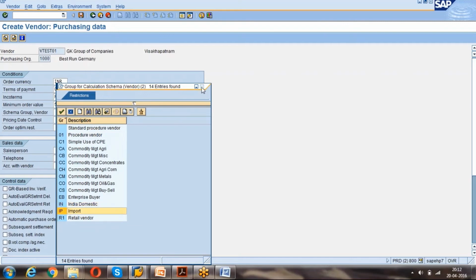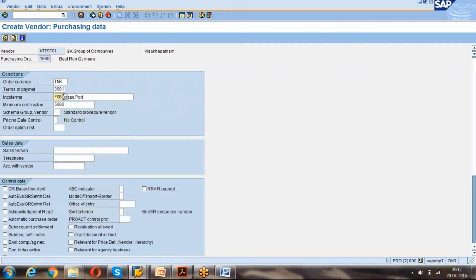If you want to have different pricing procedures, this will decide which pricing procedure is applicable for your vendor and has to come automatically during creation of the PO. You will understand the importance of this schema group vendor when we discuss pricing procedure and all. Okay.